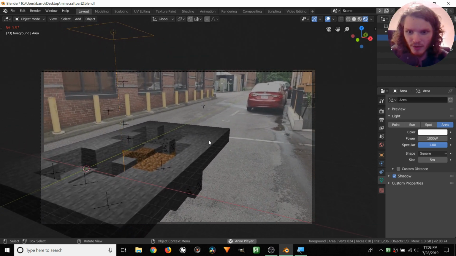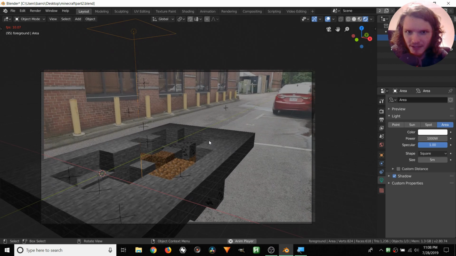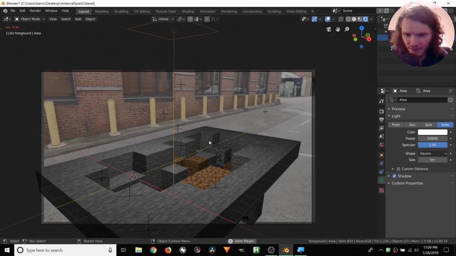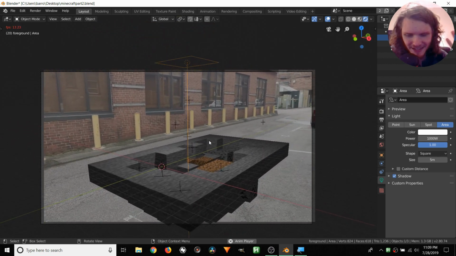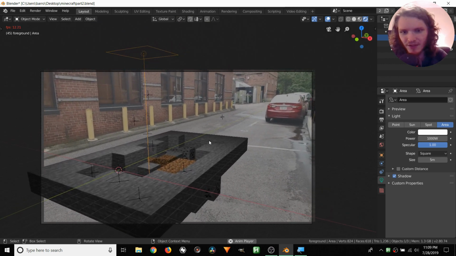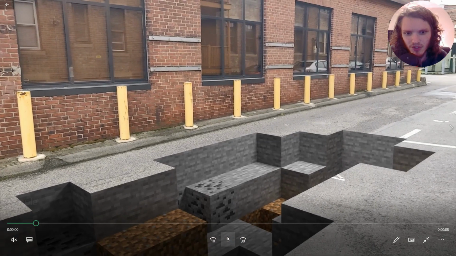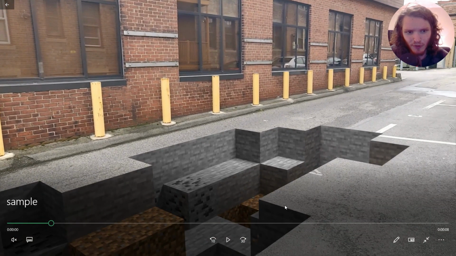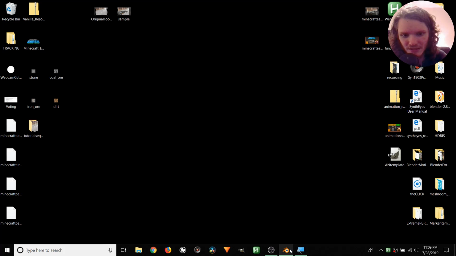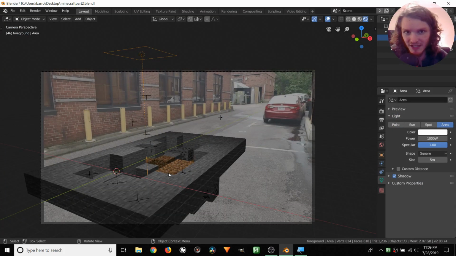So you can see that this crater is kind of integrating with our scene, at least in terms of motion, but it's not blending in at all. The lighting's wrong. You can see the bottom of the crater, again, in our sample, which is the finished effect. It kind of blends in with this alley. So this alley has a texture here up top, and then it goes directly to stone, and you can't see under it like we can here, so we need to take care of that.